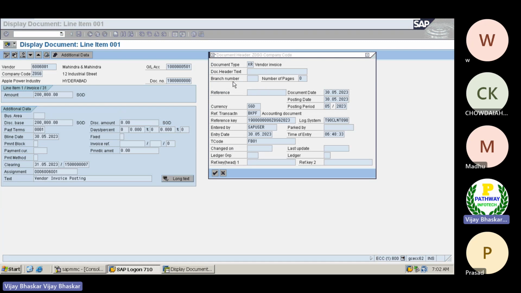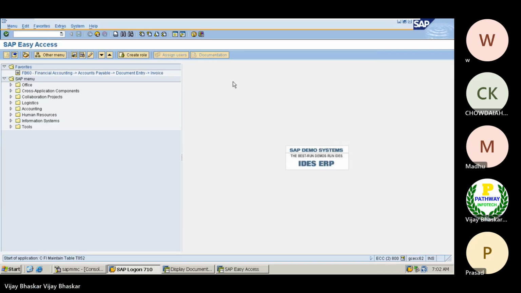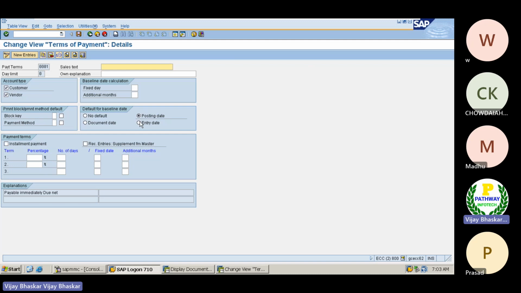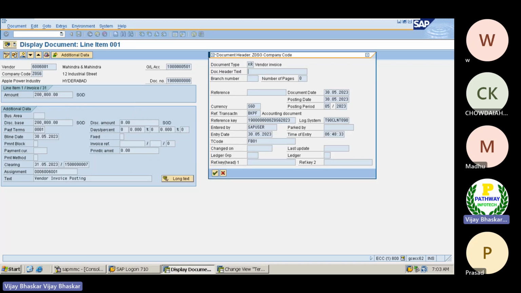Let me show you that. This is the payment term we have specified. If I go inside this, you can see here, posting date. They have selected posting date by default. The posting date here is the 30th of May. So that is the reason the system has updated the baseline date as the same posting date here.